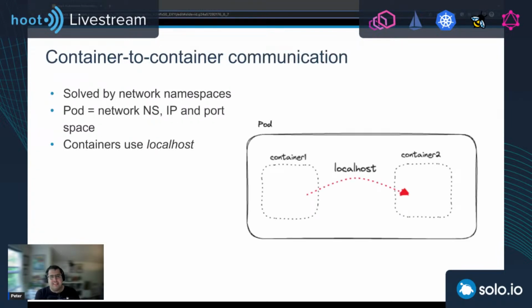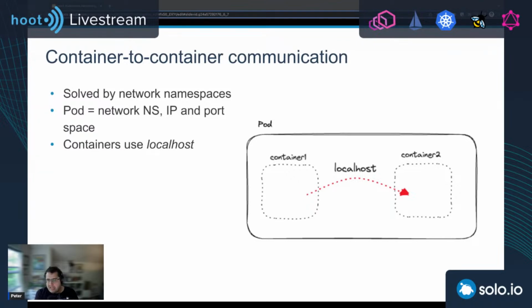So the first one is container to container, and this is solved by pods through the use of network namespaces. The network namespaces feature in Linux allows us to have separate network interfaces and routing table from the rest of the system. So the host has its own network namespace, and then the pod can have its own network namespace.